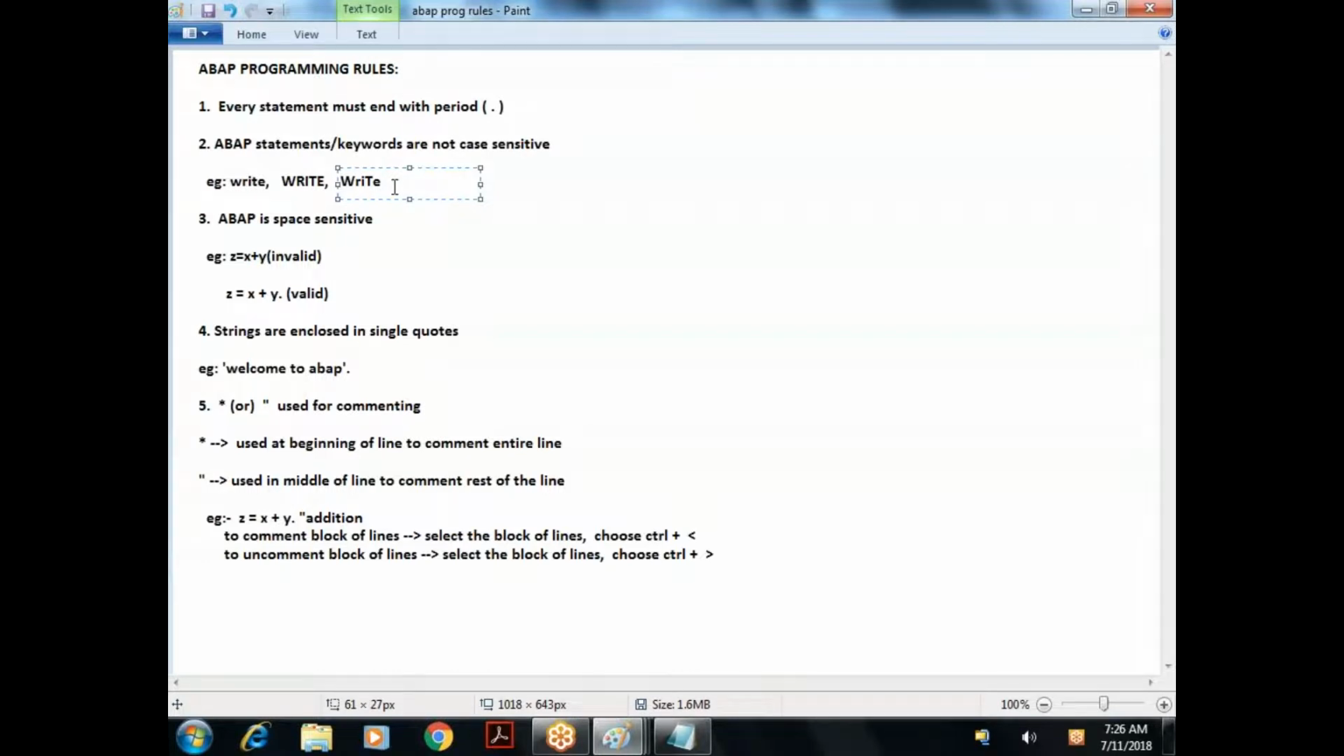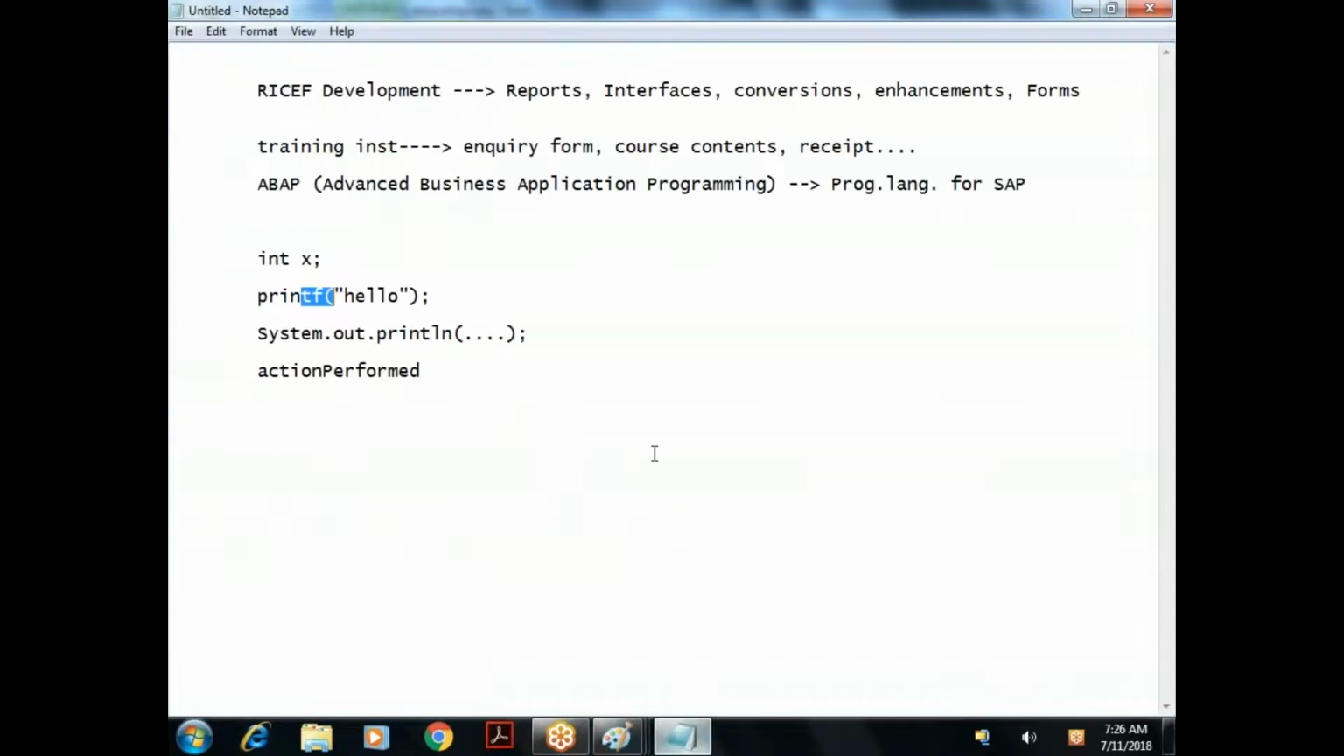Then ABAP is what? Space sensitive. Space sensitive means, suppose if you take C plus Java, I want to write something like this, z equal to x plus y. This is very much valid in case of C plus Java. In ABAP, every statement you have to end with what? Period. So if I write like this, it is invalid, because in ABAP,